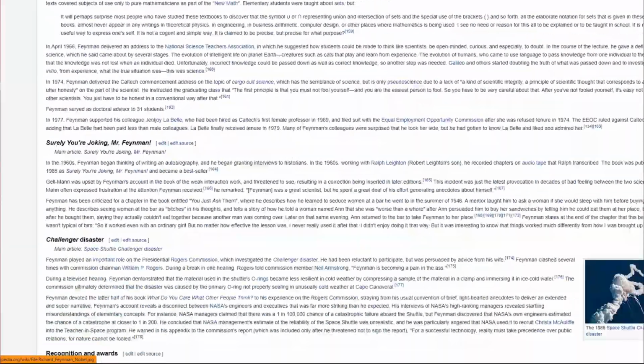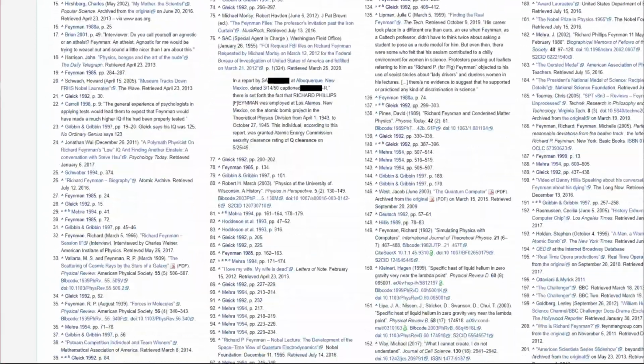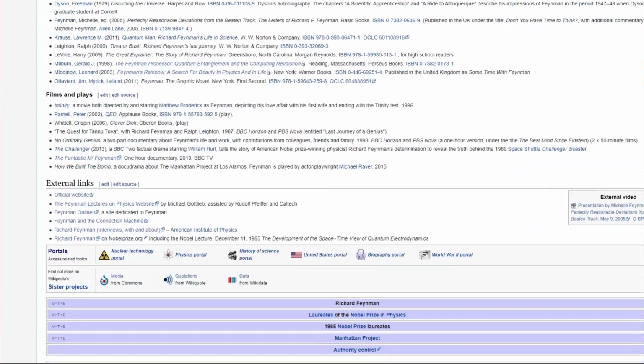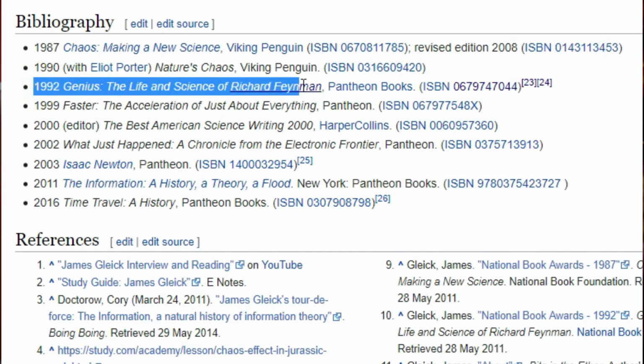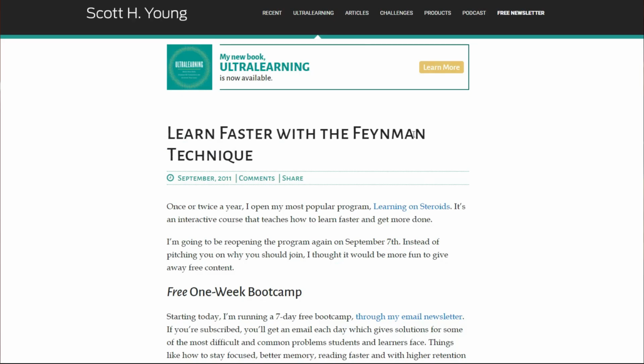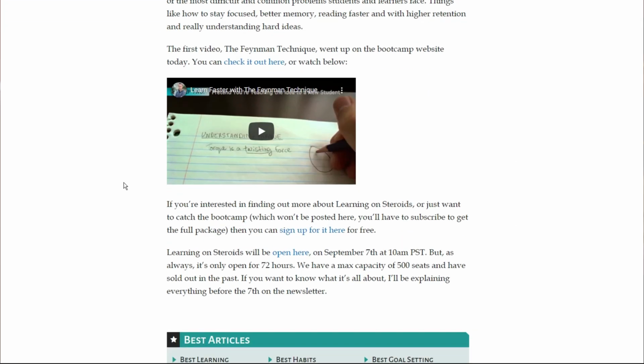What I actually found going through the research is that Richard Feynman actually had nothing to do with the Feynman technique. The technique was named after him, but he had literally nothing to do with it. And where this seems to have come from is there was a book written about Richard Feynman back in 1992, and there was an individual that decided, you know what, I'm going to do a video about this, and they summarized some of the things in the book and created this technique from some of the stories that were mentioned, and they did a video, and then they did a blog, and then all the other blogs and videos seemed to just start spouting out this Feynman technique with no real citation or reference.